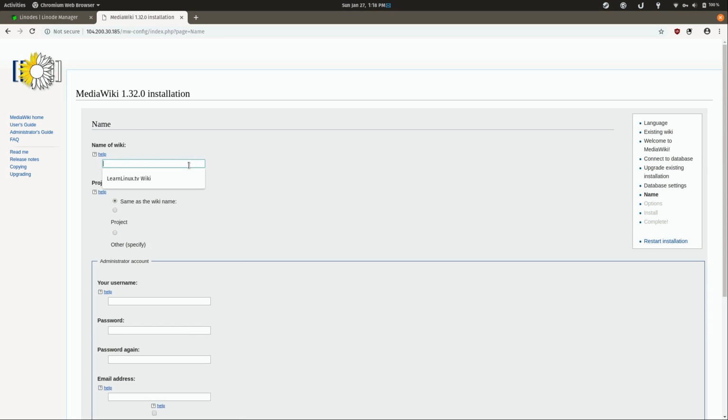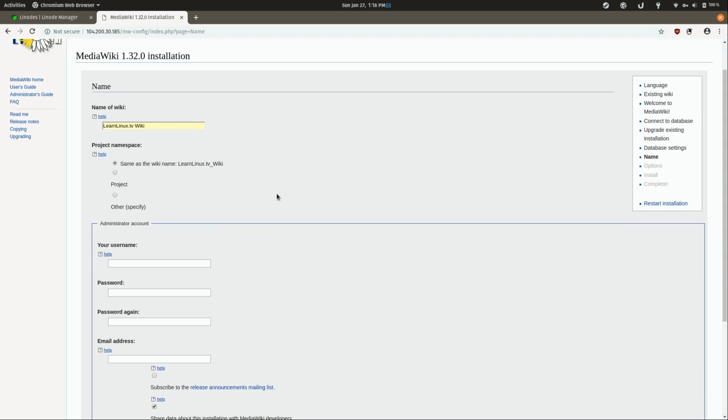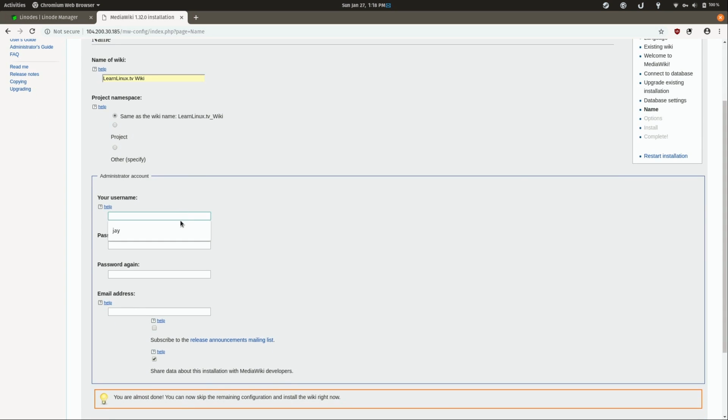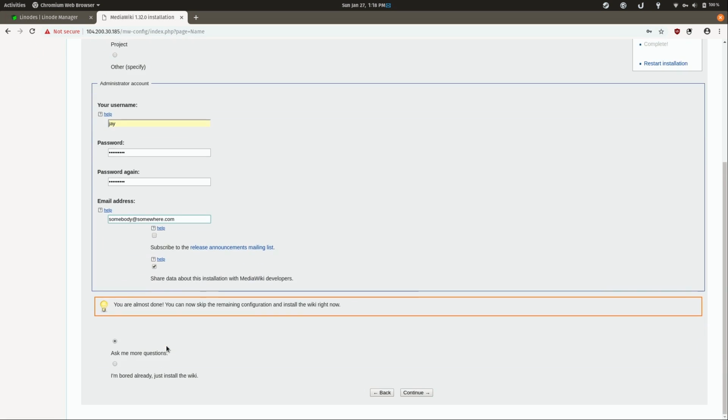Name a wiki, whatever you want to call it, Learn Linux TV Wiki. You can see that the history is still here from when I did the wiki for the YouTube channel there. And then for administrator account, I'll just create one for myself actually. Simple password for now. You'll put in your actual email address there, and I'll uncheck this since it's just a test interface, and I'm just going to go ahead and bypass this and go right into it, but you can explore those additional options if you want to. Click continue,